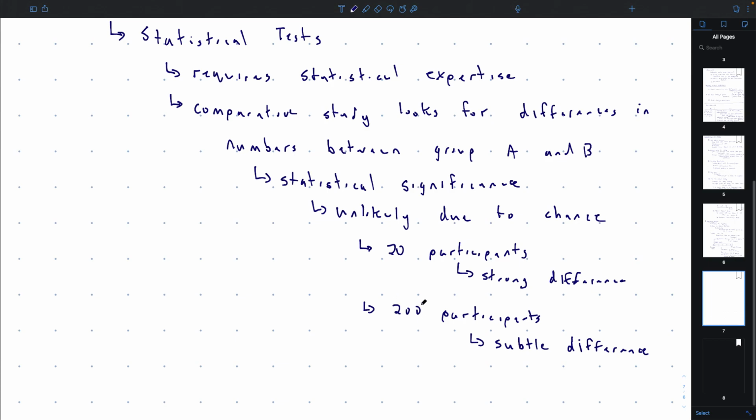Usually you're not going to bring 200 people in. So 200 people would be like the best user study ever, kind of, for this setting. So it's usually somewhere between these two. If 200 isn't enough, then it's probably so subtle that it's going to be hard to prove. And it's realistic that 20 might not be enough, okay? You might start to notice a trend in the difference between the numbers, but you just can't prove it.